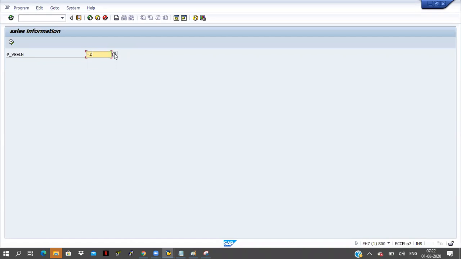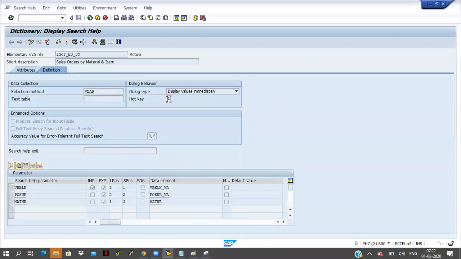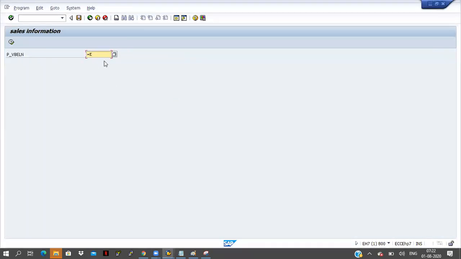So hotkey is used to select the elementary search help directly in the collective search help.